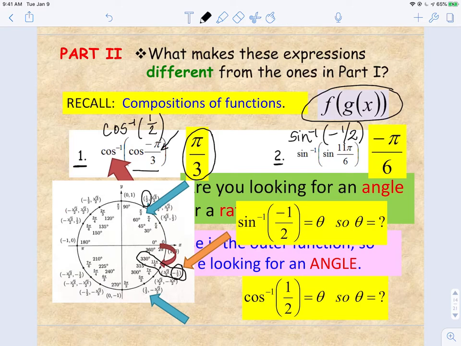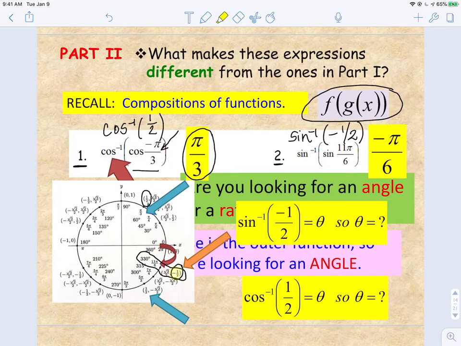Now I'm looking for the angle where the sine is negative 1/2. Since this is an inverse problem, I'm limited to the first and fourth quadrants, since this is sine. And the fourth quadrant is where I have all the negative ratios. So since negative 1/2 is a negative ratio, I'm going to look in the fourth quadrant at where my sine is negative 1/2, and it's basically taking me right back to where I was at 330 degrees or 11 pi